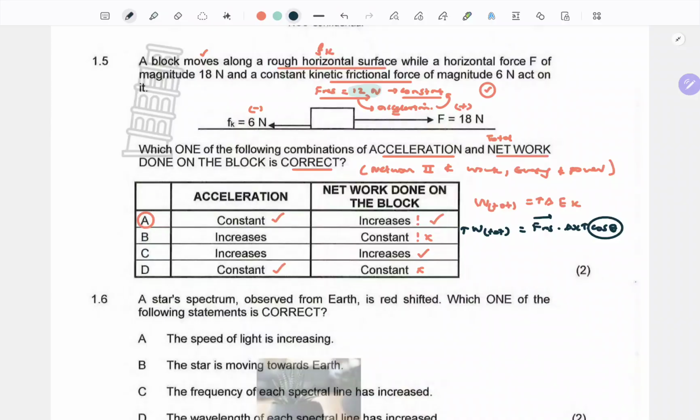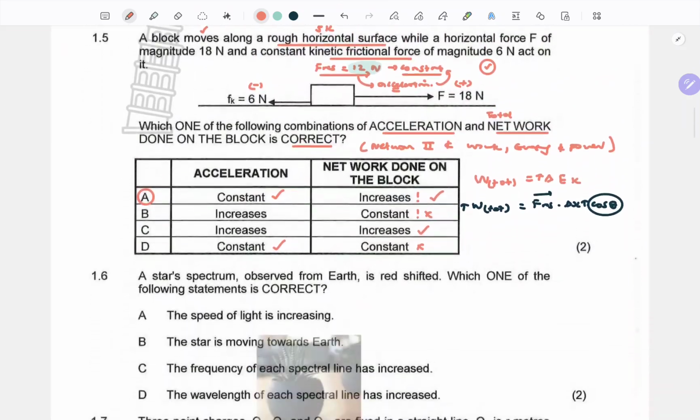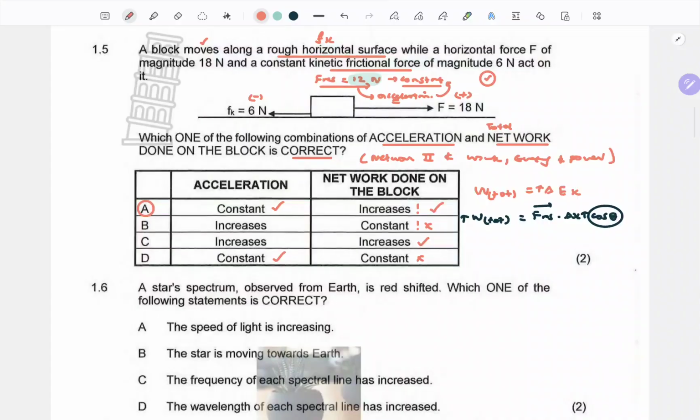So there's two ways of looking at this, by looking at those two definitions of what we call work done on an object. So that's how we work through these problems. As you can see, guys, these are easy when you are well trained, like my students. But if you're not, this may look like Greek in the exam.